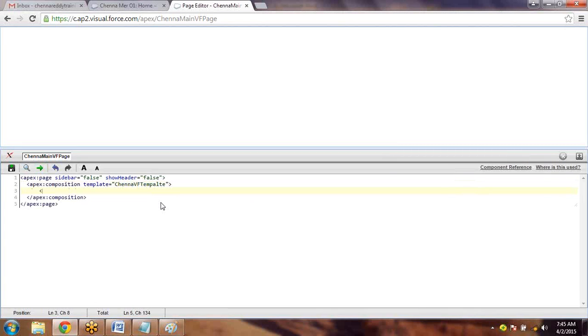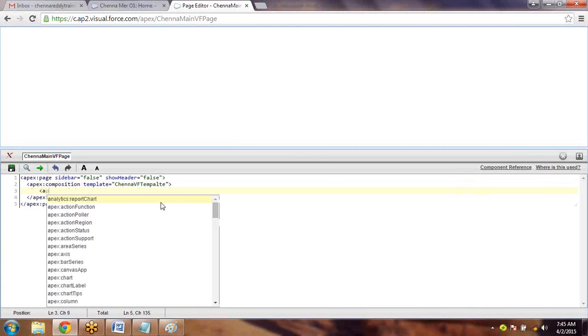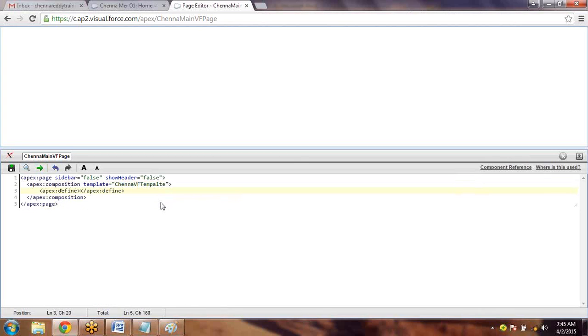And in that template, what is there? There is a body. If you remember, body. That body I am defining now. So how do I define the body? What is the name I have given for that? Is equal to body I have given. So now I need to define that. So how do I define? So I will define